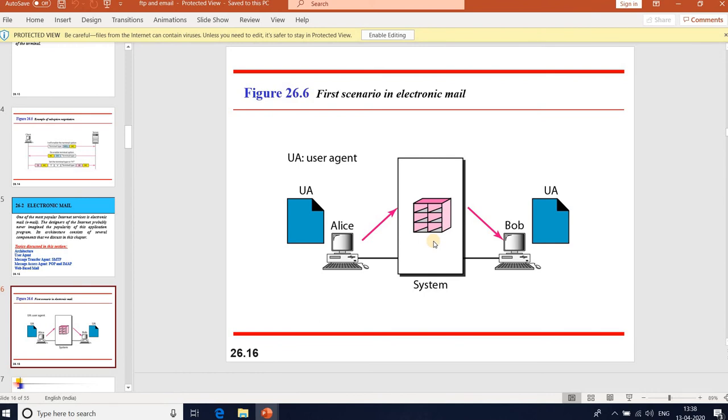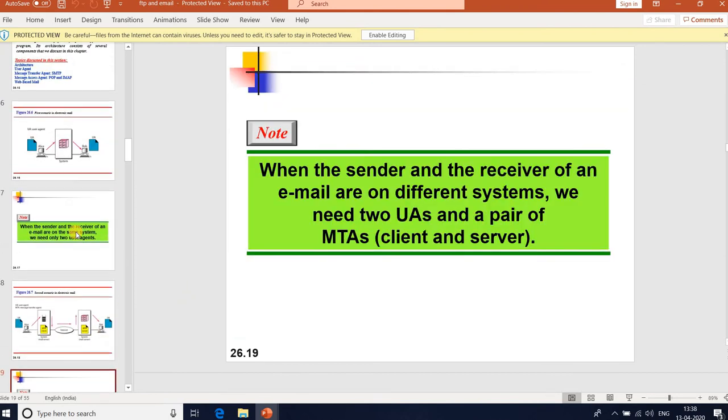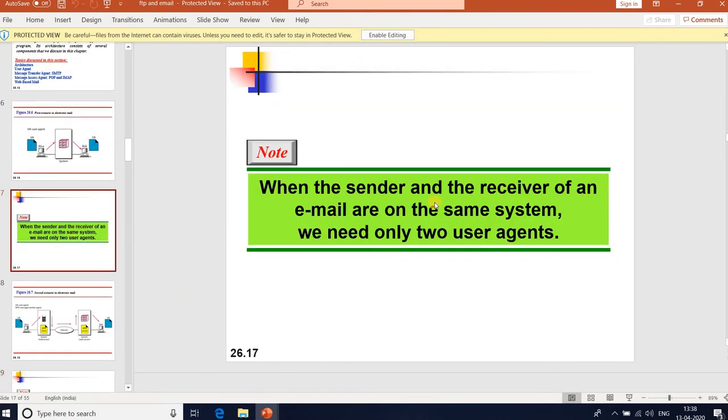When sender and receiver of email are on the same system, we need only two user agents, one at the sender side and one at the receiver side. The user agent program generally prepares messages and stores them in the mailbox.